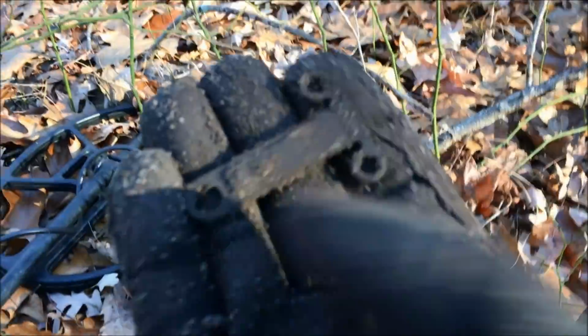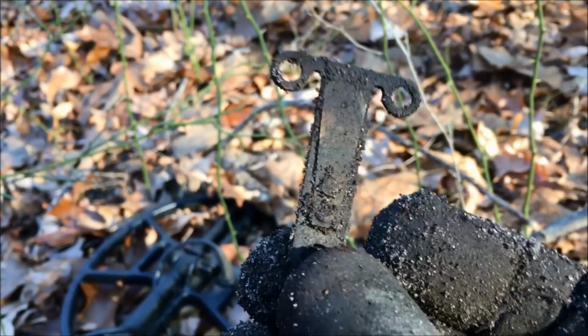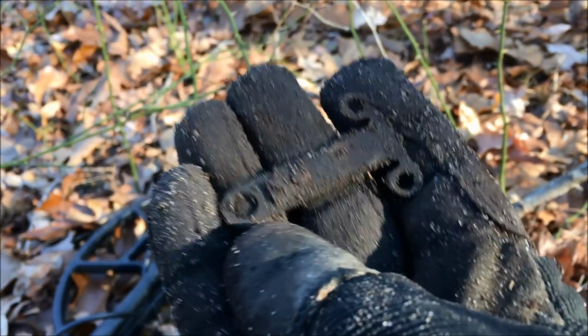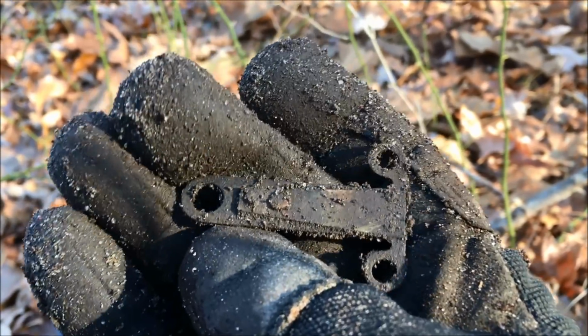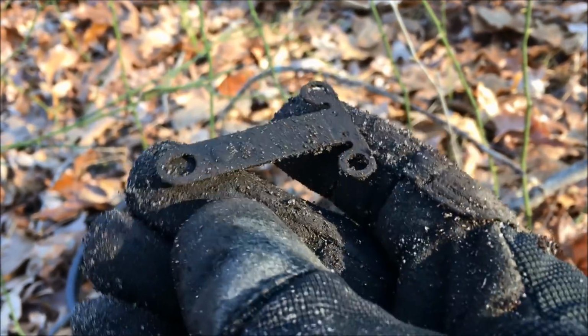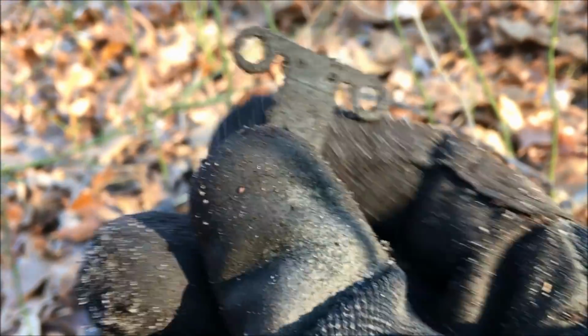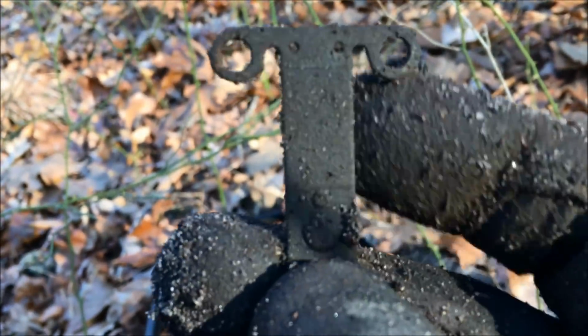another good signal, and I've dug several of these before. This is a coil point off of a Ford Model T. I've probably got about 9 or 10 of them in my collection. I guess you had to go through them a lot, because I do see them a lot on old sites